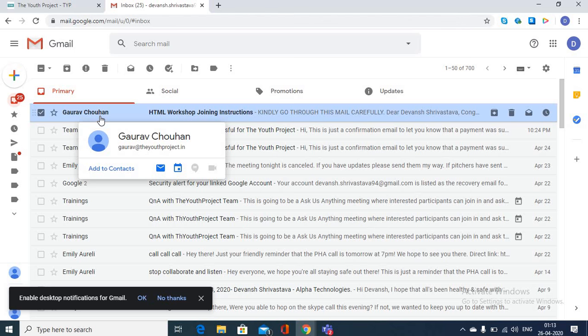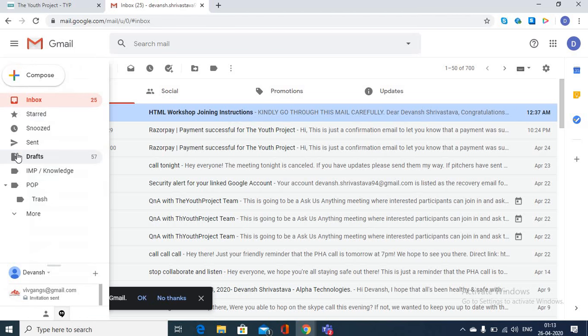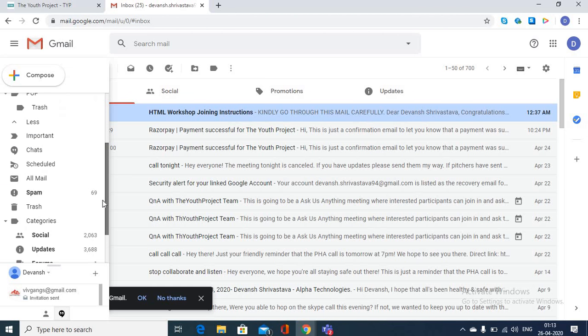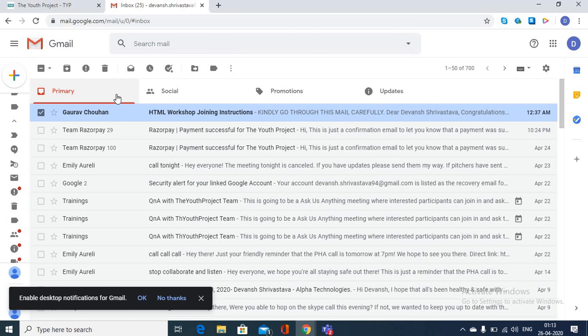If you haven't received the mail or you are not able to find the mail, either you can contact us or first you should check your spam folder, which is present down here, spam. The chances are that you have got your email in the primary section only.